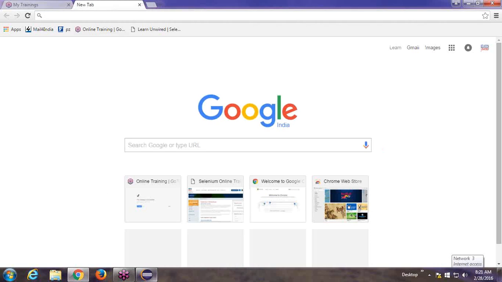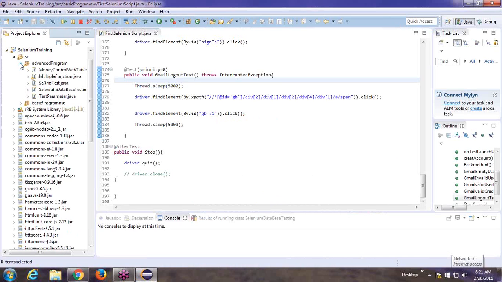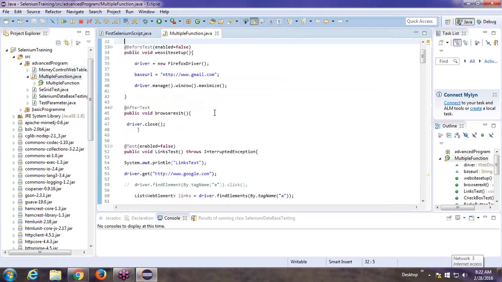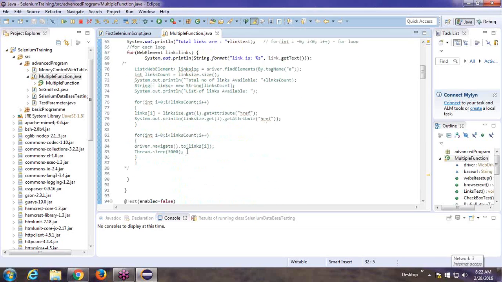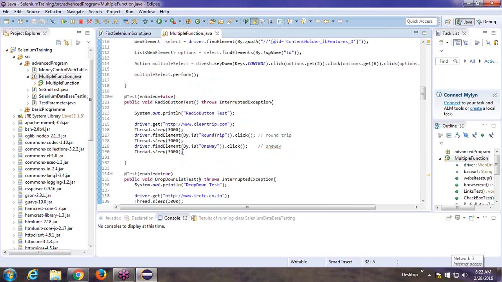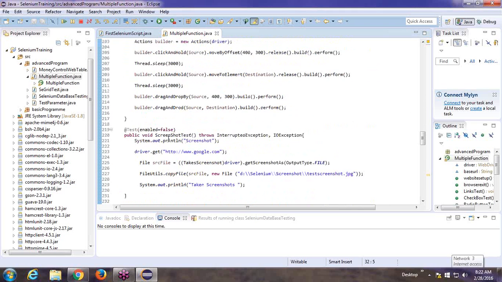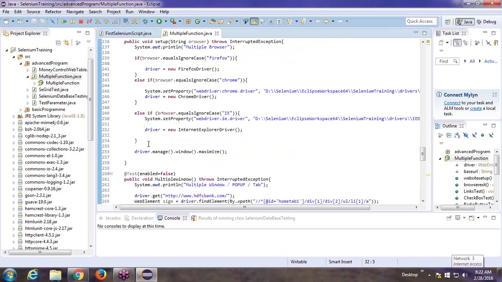So we are moving to our next topic, which is advanced. Last Saturday and Sunday we had discussed multiple functions. Mostly we have a number of functions on a web page: links, checkbox, radio button, drop-down, mouse over function, drag and drop, how to take a screenshot, browser settings for compatibility, and changing to multiple browser